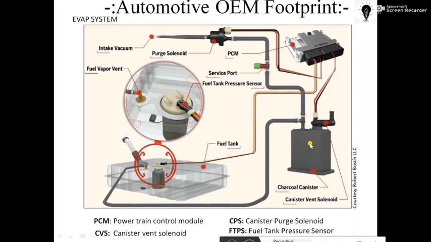Okay, so whenever a rich supply is there, the solenoid valve gets operated, and the air comes into the charcoal canister from the atmosphere, and that air takes away the unburned hydrocarbon collected on the charcoal bed, and introduces that air with the unburned hydrocarbon into the combustion chamber via operation of the purge control valve. So this purge control valve gets operated from time to time with respect to the requirement of richness. Whenever richness is there, only then the purge control valve gets operated by the ECU.